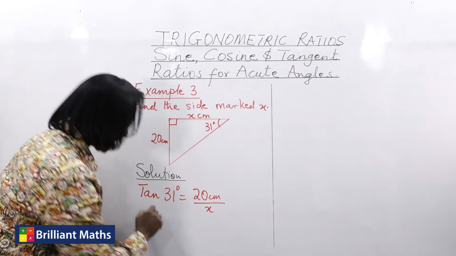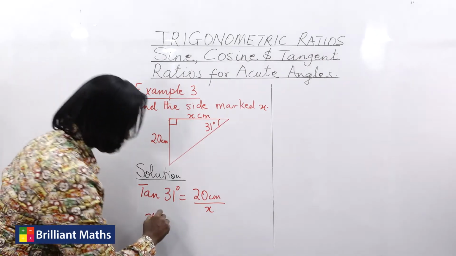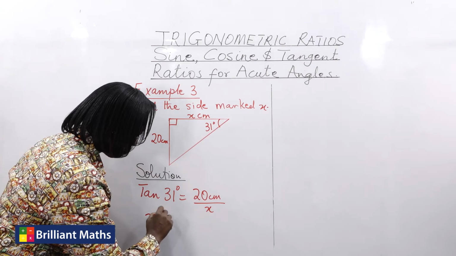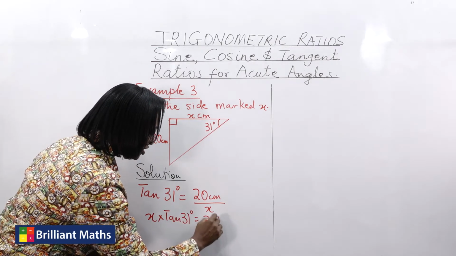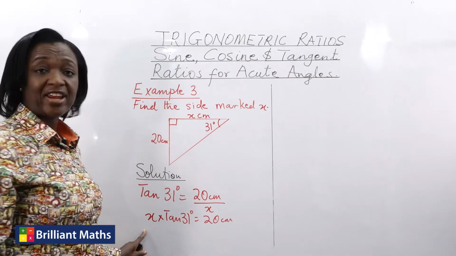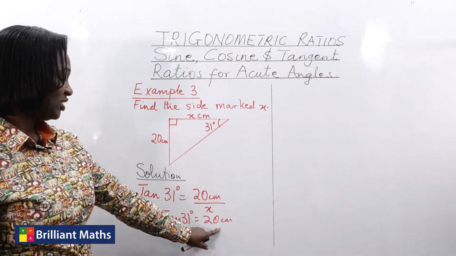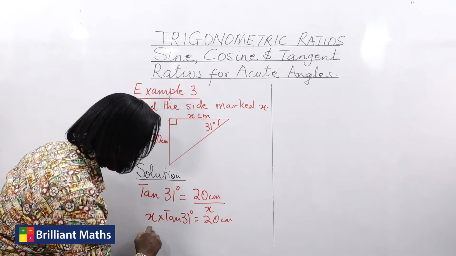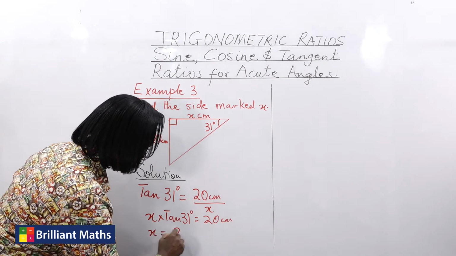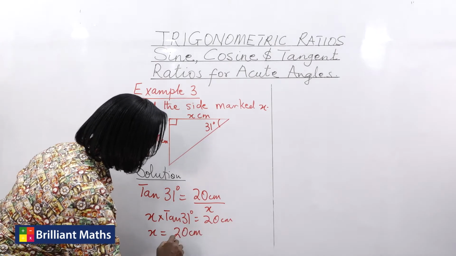So that means x times tan 31 degrees is equal to 20 centimeters. So to find x, we divide 20 centimeters by tan 31 degrees. So x is equal to 20 centimeters over